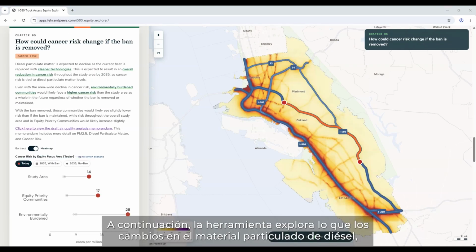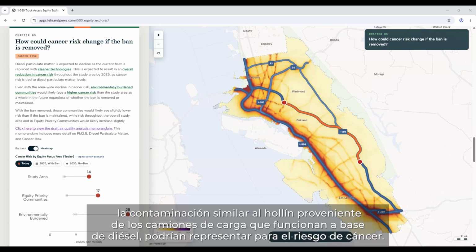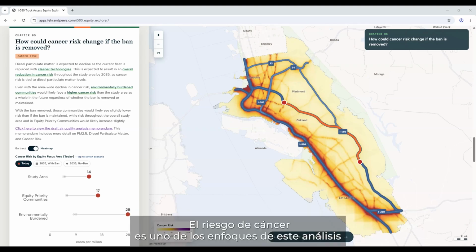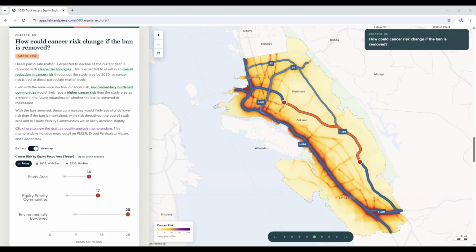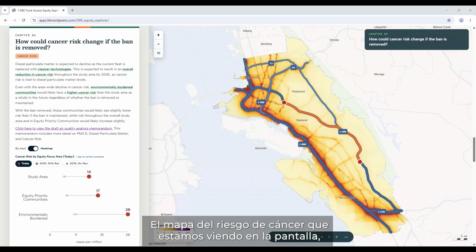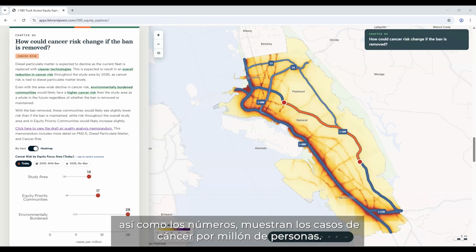Next, the tool explores what changes in diesel particulate matter, the soot-like pollution from diesel trucks, could mean for cancer risk. Cancer risk is a focus of this analysis because it can often indicate broader health impacts from toxic air contaminants. The cancer risk map we are looking at on the screen, as well as the numbers, show cancer cases